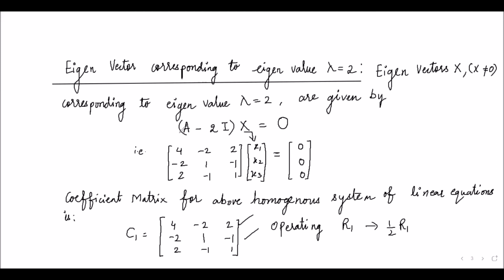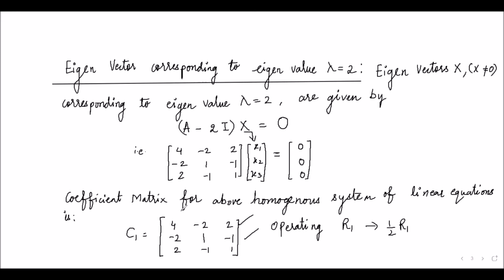Now, for solving a homogeneous system of linear equations or any system of linear equations, we reduce the augmented matrix, and here we are considering only the coefficient matrix because it is the case of a homogeneous system. So we reduce the coefficient matrix to echelon form by using elementary row transformations. Let us apply elementary row transformations and try to reduce this coefficient matrix C1 to row echelon form so that we can read its rank. Then we can consider equations from that echelon form, find these unknowns x1, x2, x3, and obtain the eigenvector x.